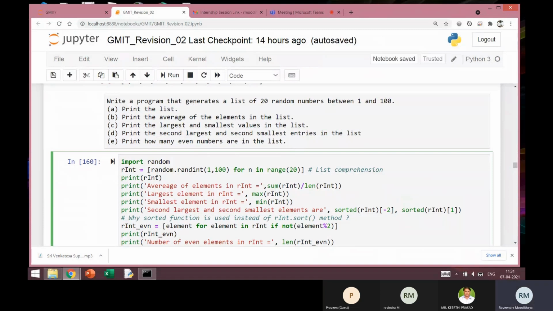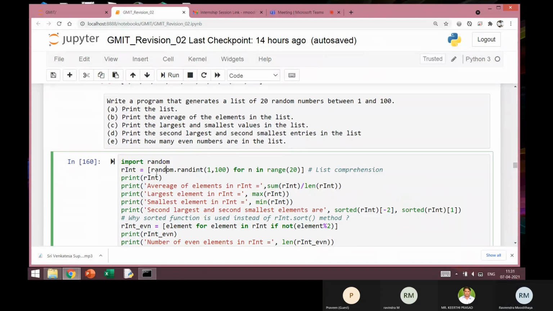There is a Python convention for giving variable names. If the variable name comprises multiple words, here what I really mean is random integer, so I just took r. The first word will be in small case, and subsequent words will be capitalized, that is, the first letters will be capitalized. So here rInt, I kept I in capital case.